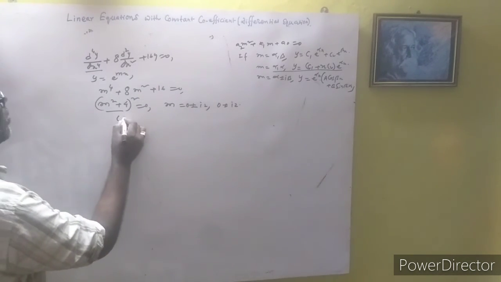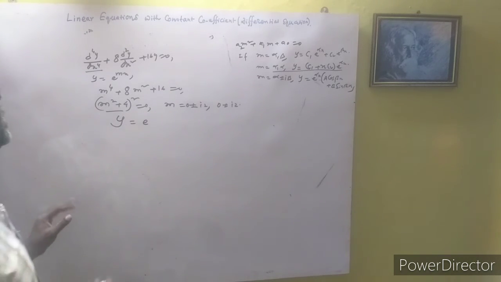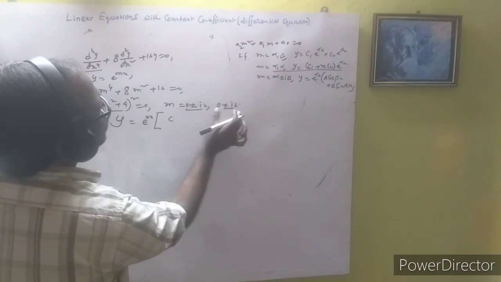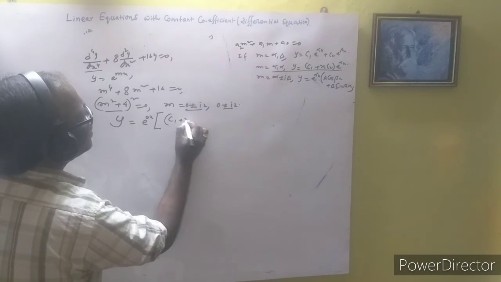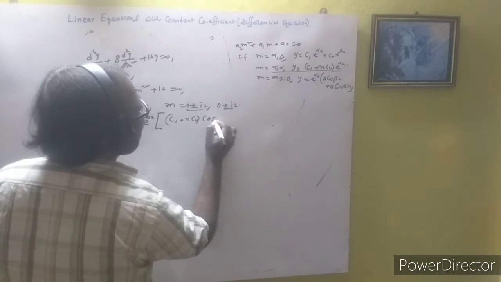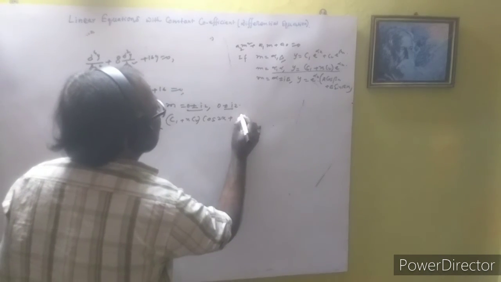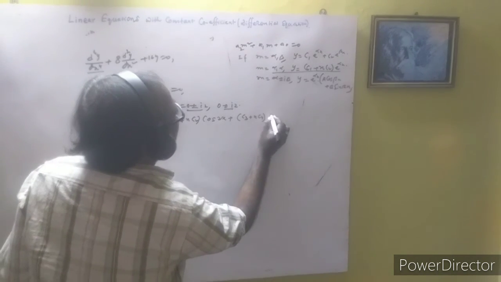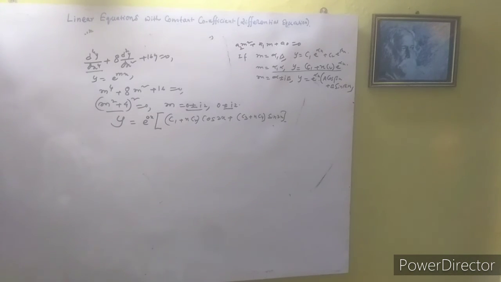Okay. Now the solution here is y equal to, we can write here, e to the power 0x, and also this is a pair. If both solutions are equal, technically this is repeated, so we can write here c1 plus x into c2 into cos 2x. Okay, as it is complex, you represent it like cos 2x, sin 2x, like that. Okay, c1, c2, so you can write here c3 plus x into c4 and sin 2x here. Okay, right now this is the most important point.